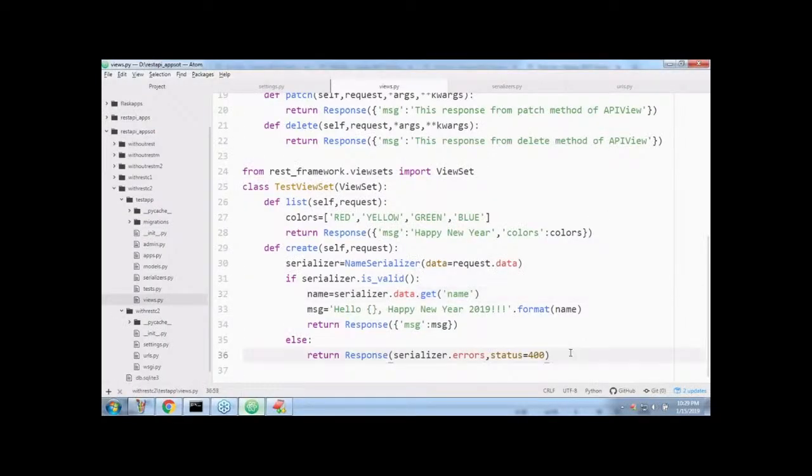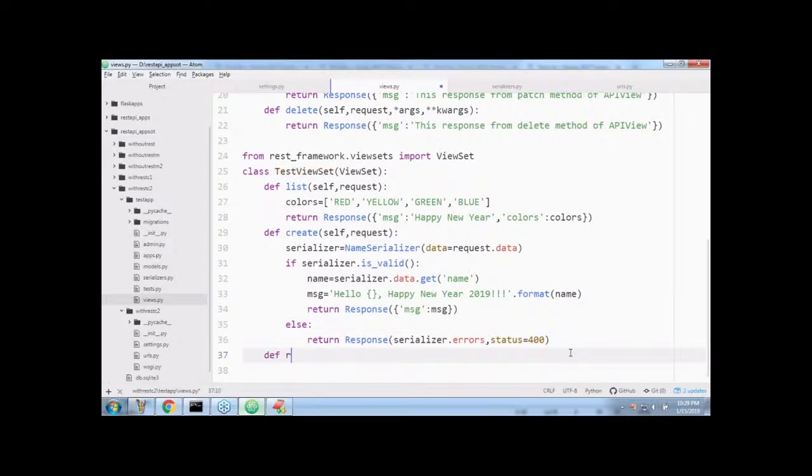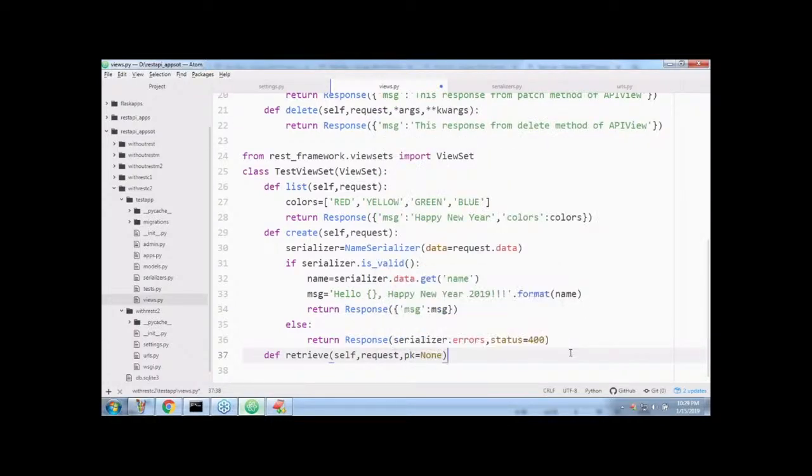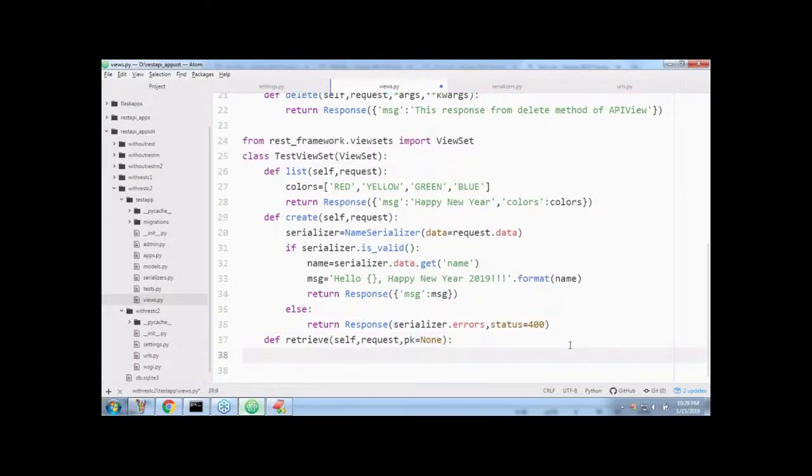Now observe the third method. def retrieve(self, request, pk=None). I'm taking pk equal to None, because I'm not passing any pk, that's why the default value is None. Sir, return